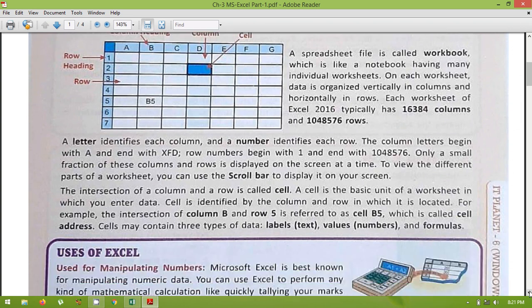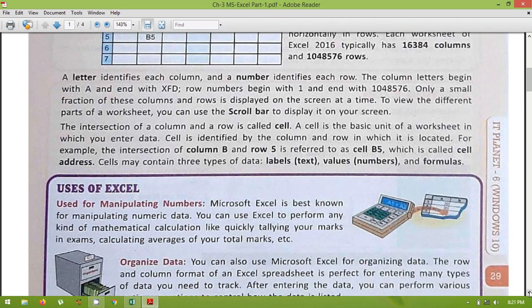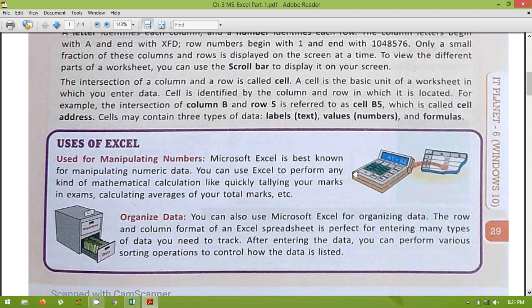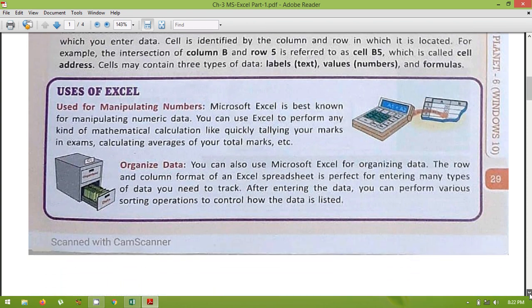Next are the uses of MS Excel. What are the different uses? For manipulating numbers, if you want to perform calculations like sum, multiply, division, which we'll discuss later, we can perform them. Organize your data in the perfect form of rows and columns, so it will be easy to see your data.